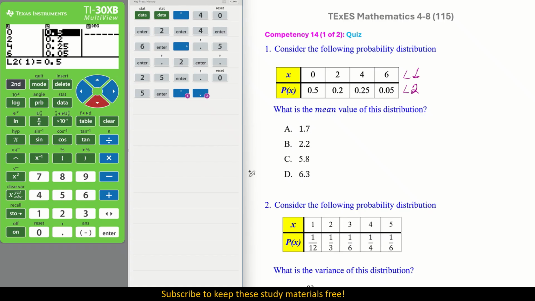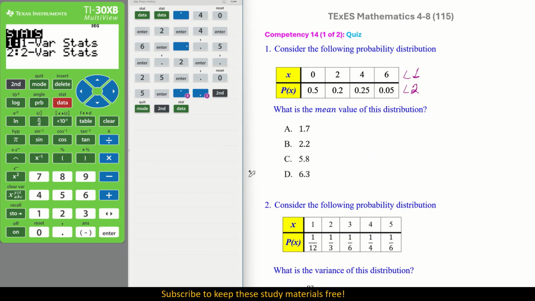Yes, you can push second data to get your stats. We need the stats next because we're going to get the mean. But be careful. Sometimes the calculator will put the data down at the bottom in that cell that you have. Like I have the first cell of L2 highlighted. So be real careful with that. It's always best practice to say second mode to back all the way out and then second data to get